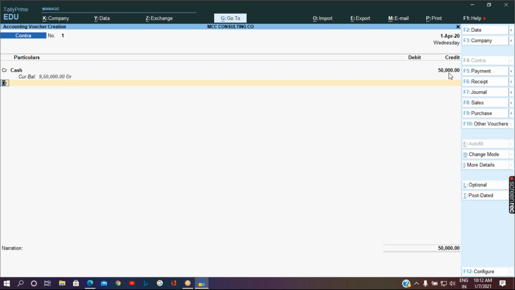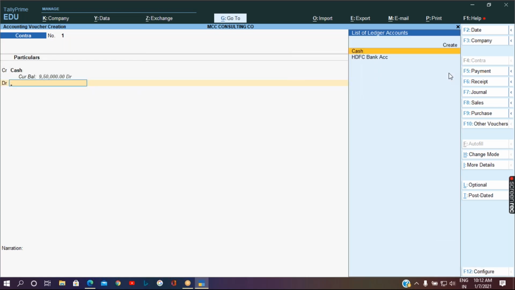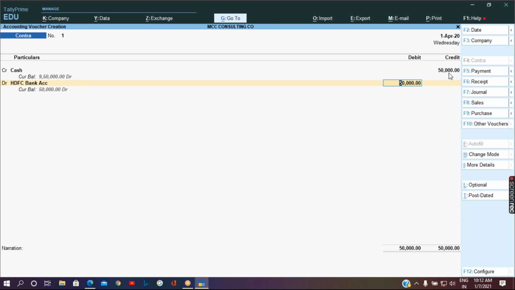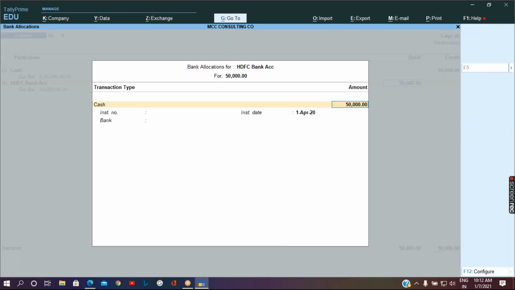If the value is shown in black, it is positive; if it is shown in red, it is negative. Select the other ledger, give the value like this and press enter.